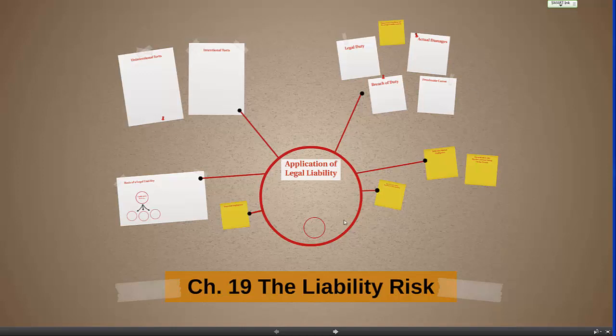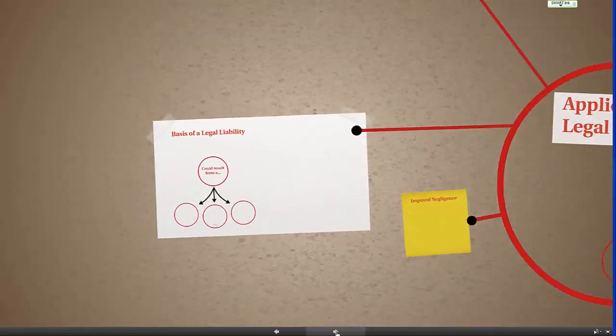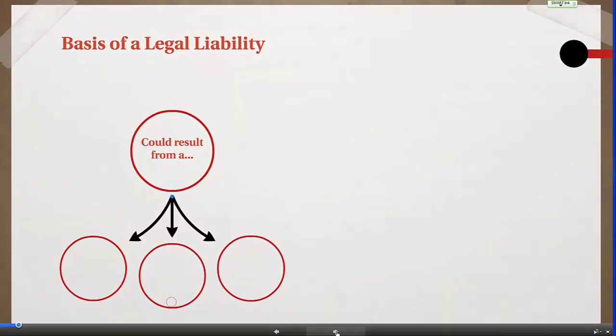exist, then we'll turn to an application of legal liability, then we'll look at some other concepts such as imputed negligence, defenses against negligence, exception to the burden of proof being on the victim, and we'll look at examples of the special case of tort, which is absolute or strict liability. So let's get started. The basis of a liability is a legal wrong, and a legal wrong could result from